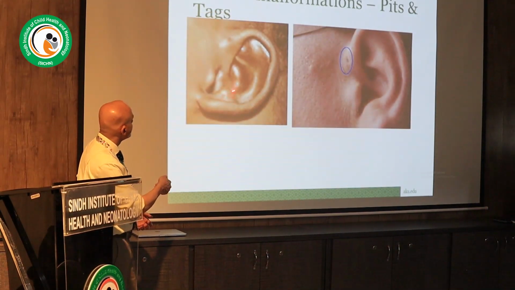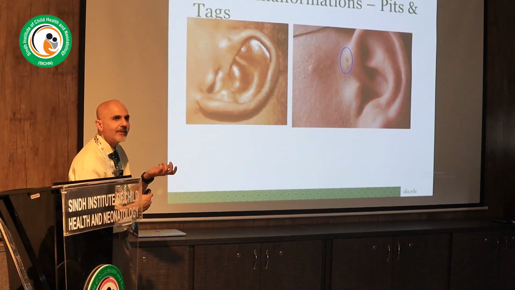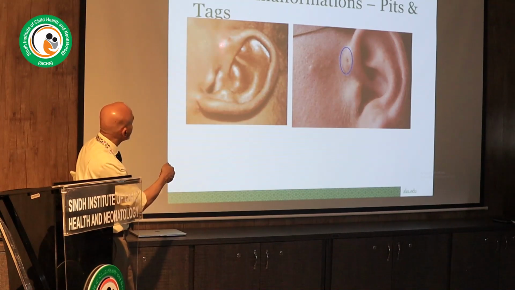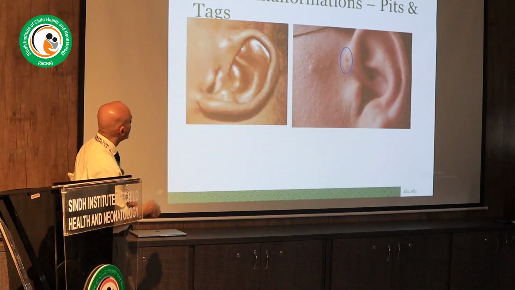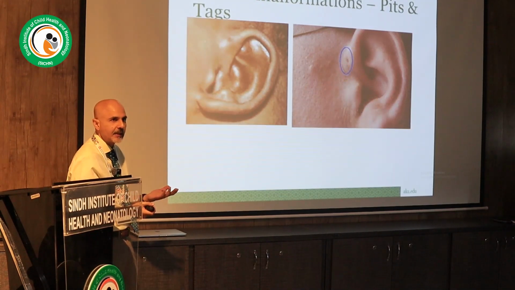You can see this is maybe what we call a simplified ear. The inner helices are not very well formed. It's a little bit posteriorly rotated, right? You can see a little bit of a bump over here. You can see a huge cavity, quite a significant pit over here. These are very common, and most of them are benign, don't mean anything, right?